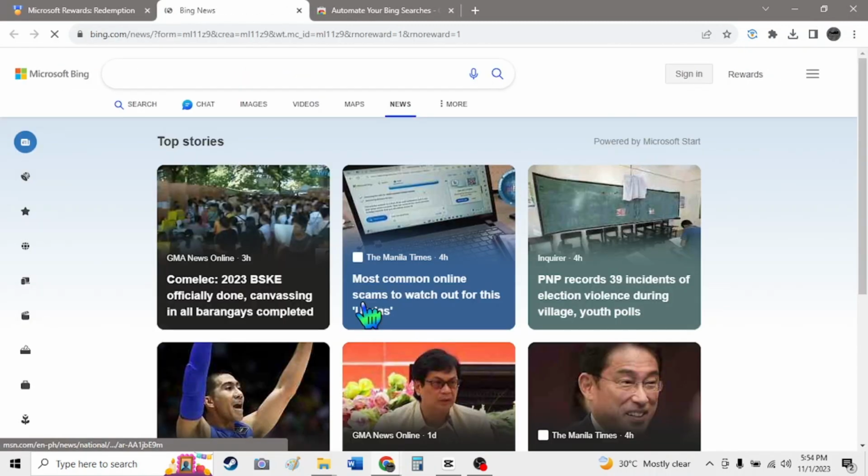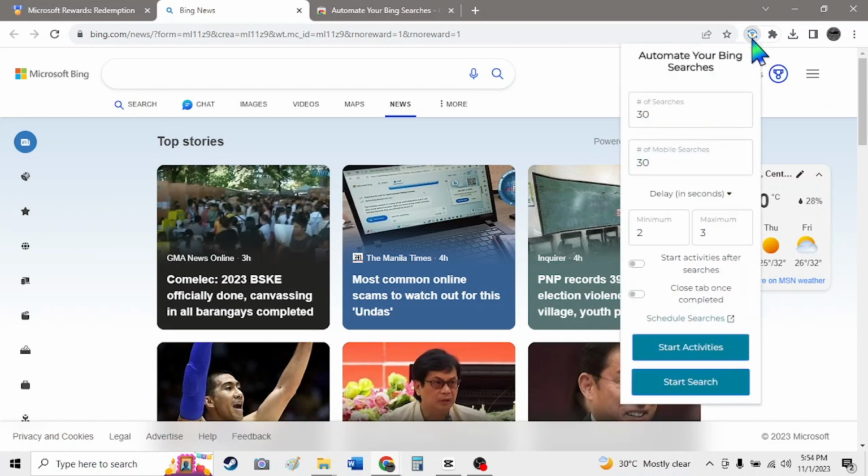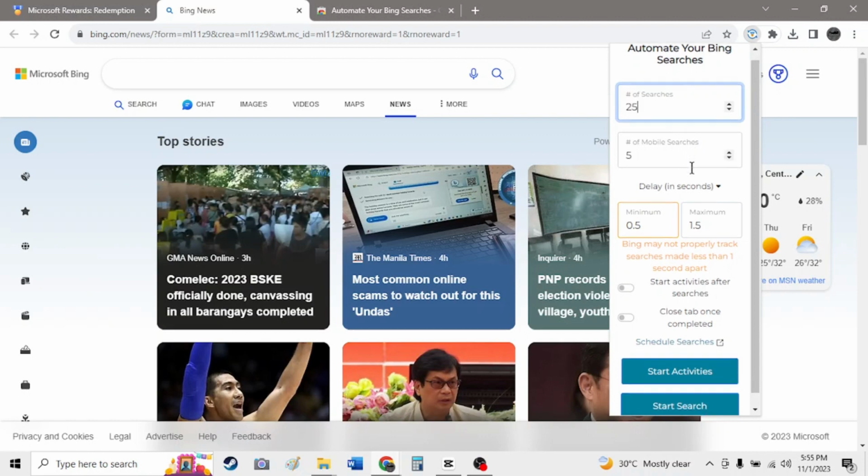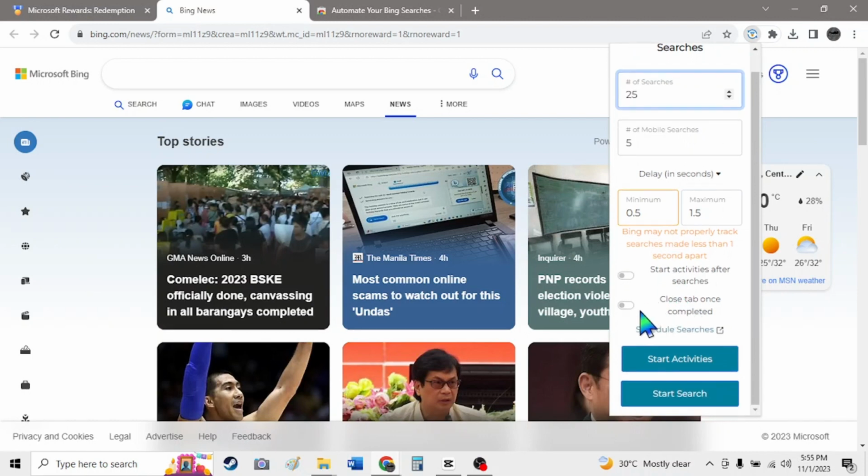and then when you are here you want to press on the extension, press on like this, and then change the number of searches to how much you want to change this, so lower like 0.5 and the maximum around 1.5, and then just press close tab once completed, and then you're going to want to make the number of mobile searches around like 5 let's say, and the number of other searches 25 or something like that. But yeah, just change that to like 25, and then at the bottom press close tab once completed, and then